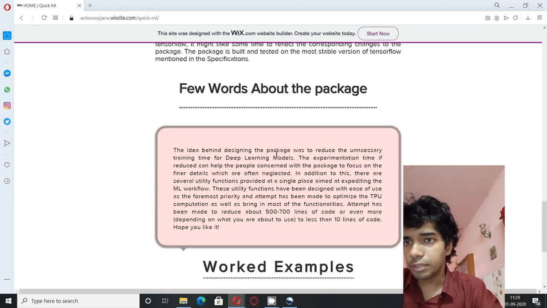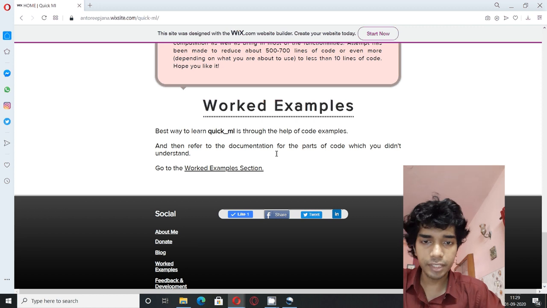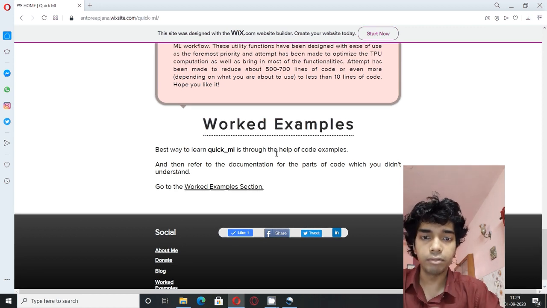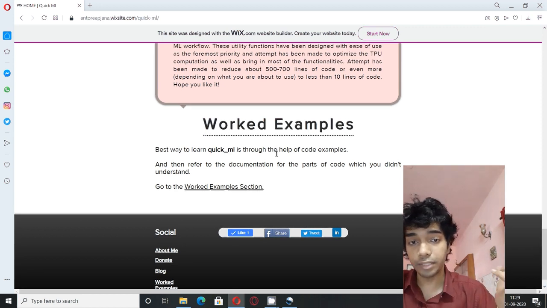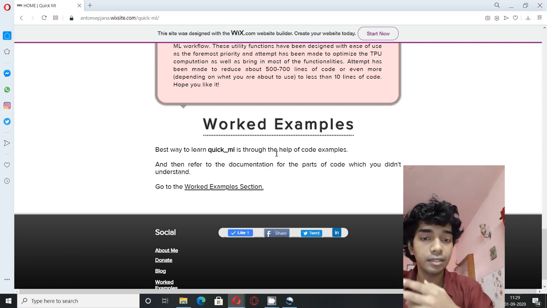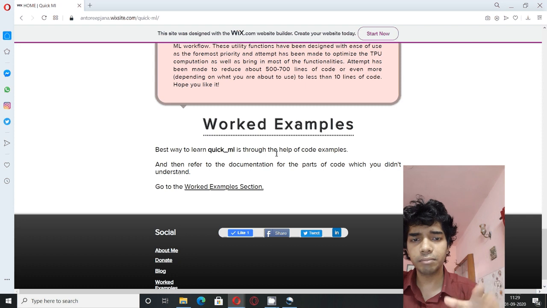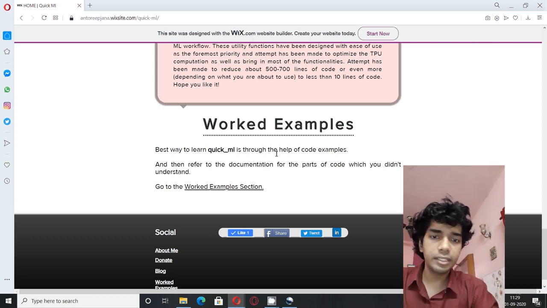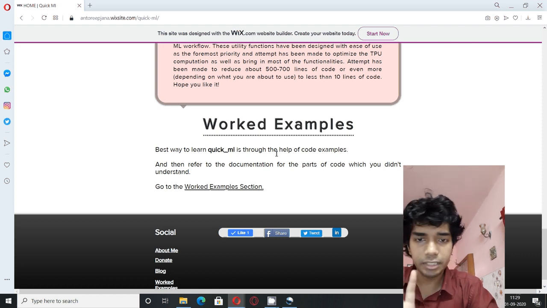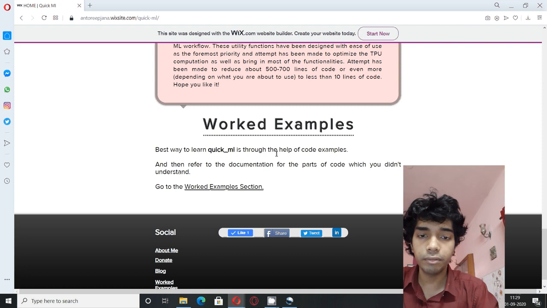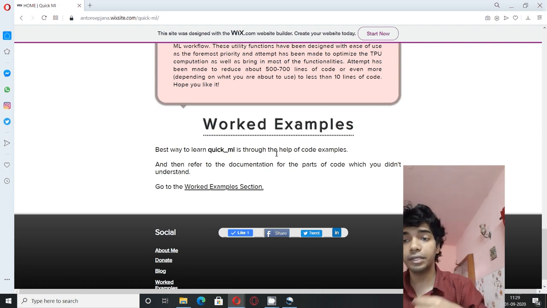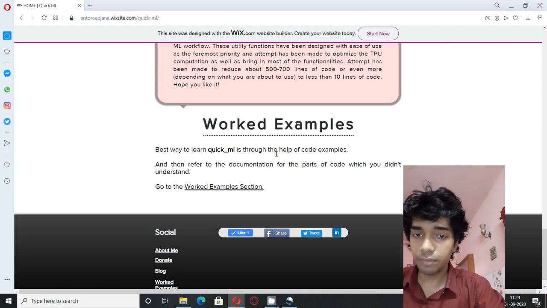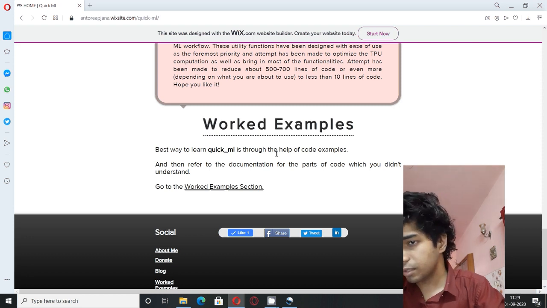Then you can visit the worked examples. The best place to go from here is the worked examples. And if you want to get started, the best place is worked examples. These are detailed examples, and while you're reading the worked examples, quickly switch back to the documentation. That's the best way to understand what the package does, how it can help you, how it can simplify your workflow, how it can simplify your day-to-day computer vision tasks. As of now, only classification.